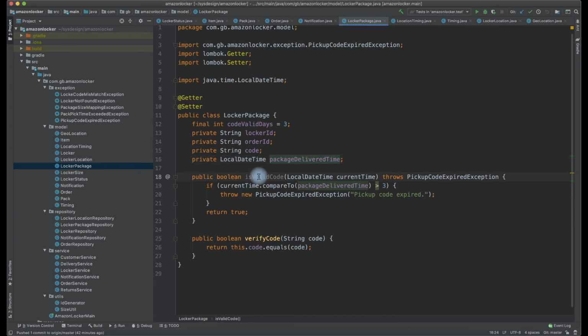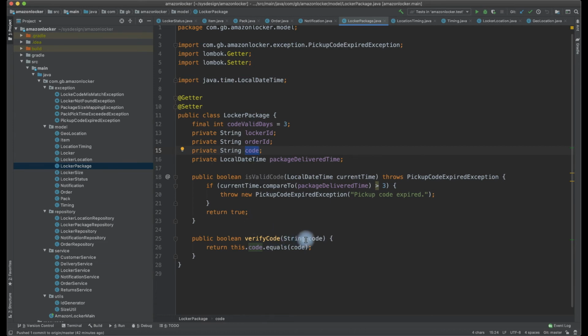So what is this method? If it is a valid code, we have to verify the code, right? Whenever somebody goes and opens the locker, the notification contains only the code, so we need to validate the code when the customer types it in the mobile or whatever interface, right? How can we validate it? We can validate against this class. The code would be stored in a hashed format or whatever it is, so that it is not visible to others as well.